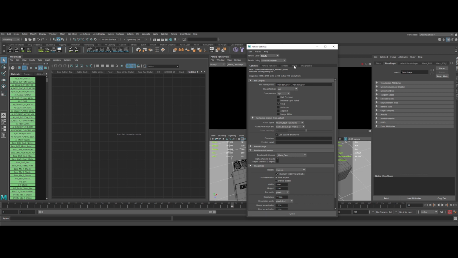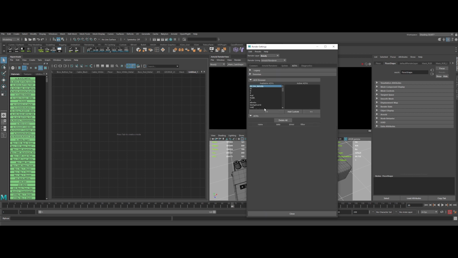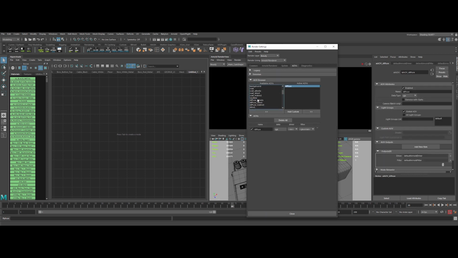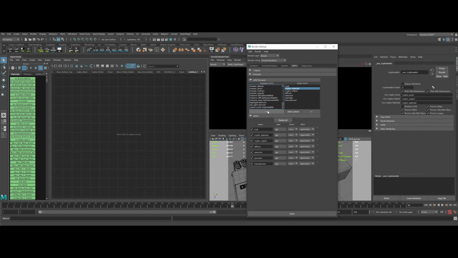To set up the different AOV, click on the AOVs tab. Select the diffuse, specular, transmission, emission, coat because I'm using it in some shaders. Notice that we haven't selected SSS because it's not necessary for this particular scene. Last but not least, Cryptomatte AOV. Basically, with these two utility passes, you will be able to create all sorts of masks based off materials or objects present in the render.